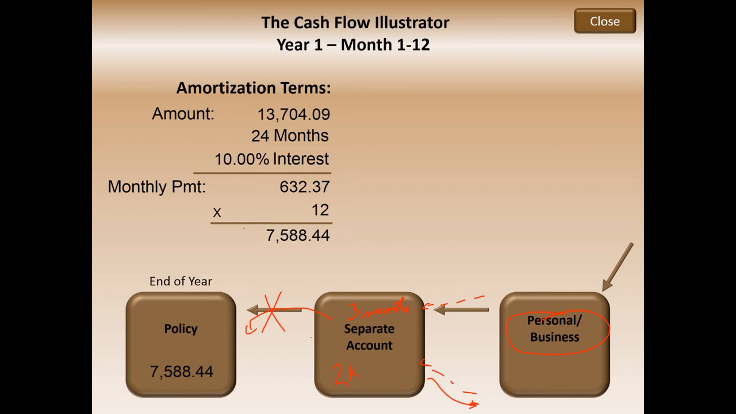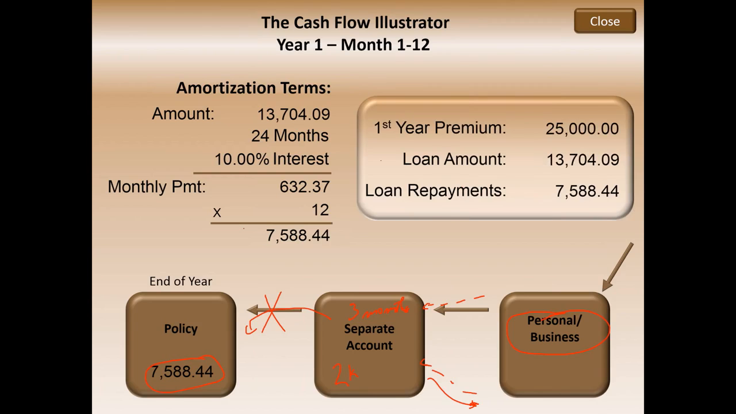So by the end of the year, if we just pay the policy back, we have about $7,500 back over here in the policy. And so we take a summary of the first year. Here you can see that we have $25,000 the first year premium. We have a loan amount. We took a loan of about $13,000, and we made loan repayments of